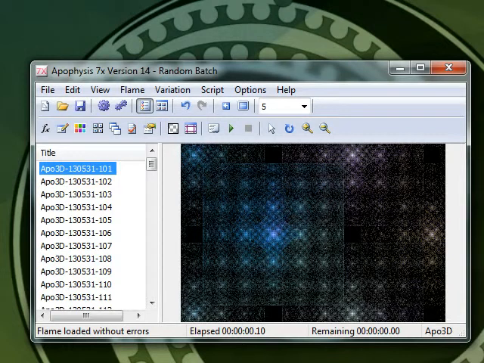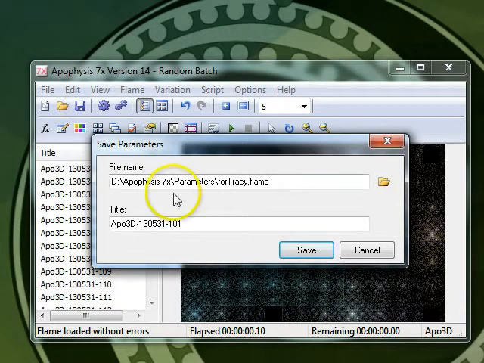In this video, I'll show you how to save and render your Apophysis creations. Once you've created an image that you're happy with, the first thing you'll want to do is save it. To do that, go Control S, and you can save it to either the default location, or you can browse